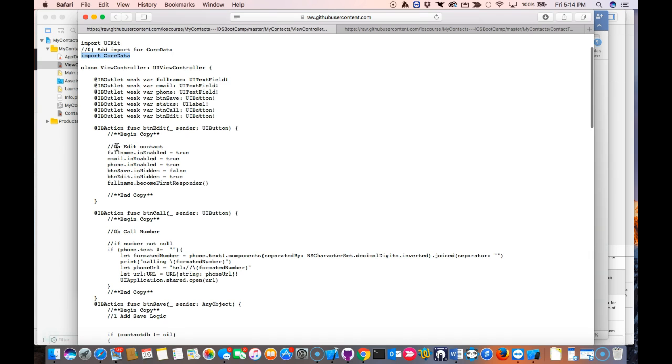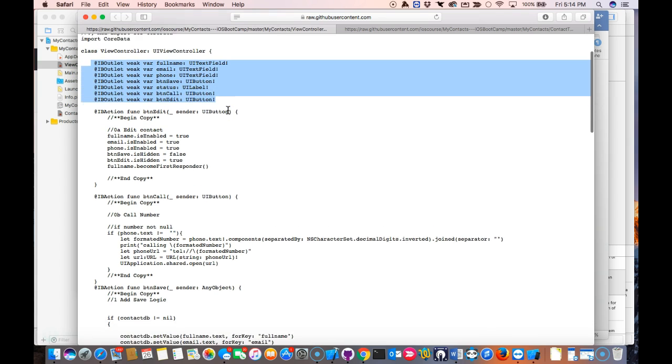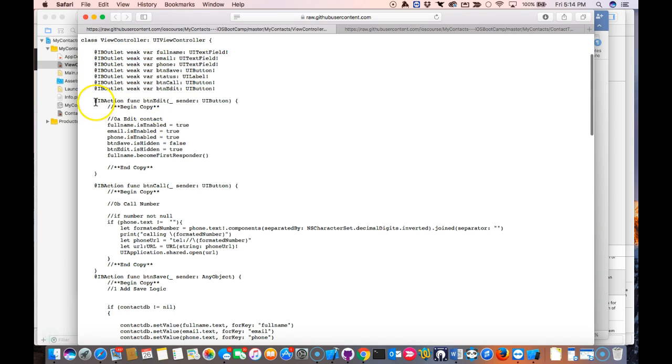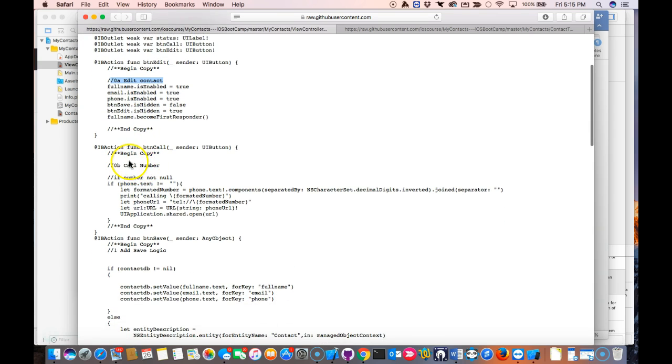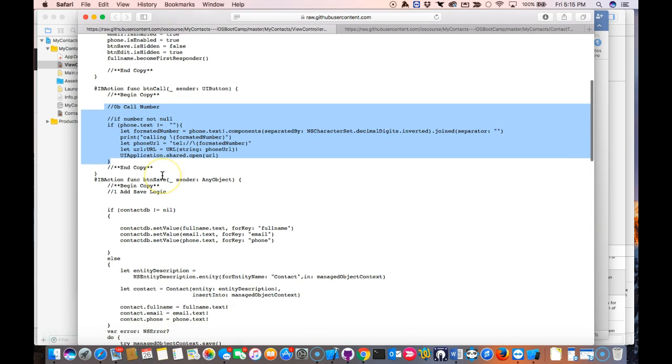And then 0A, added the contact, because you would already have these in there as we did earlier. So add the contact information for the button edit. 0B, call number, add this code in between the begin copy and end copy for the call button,